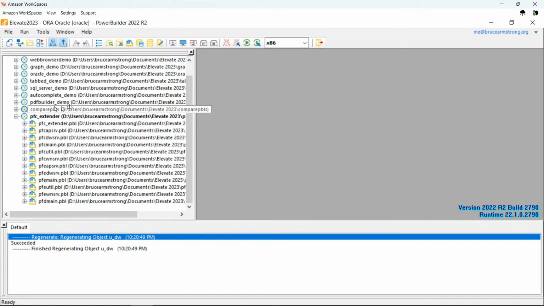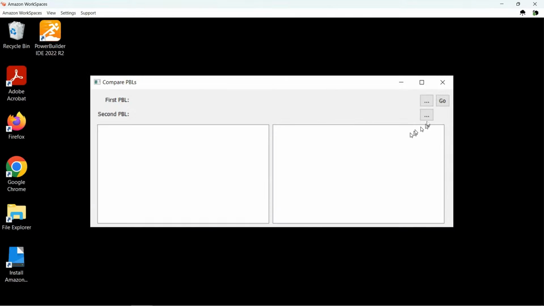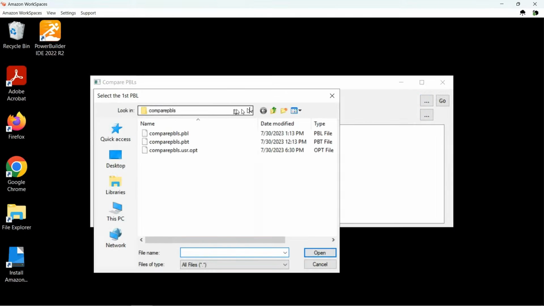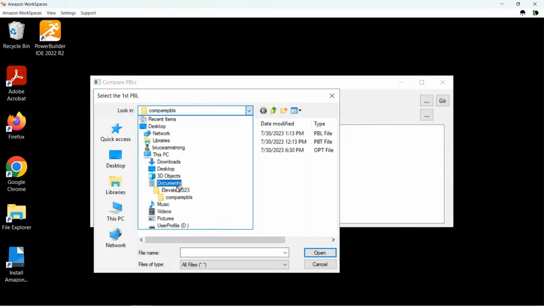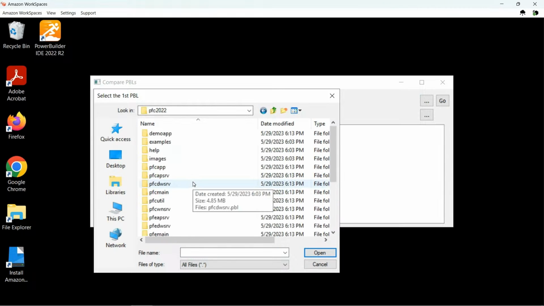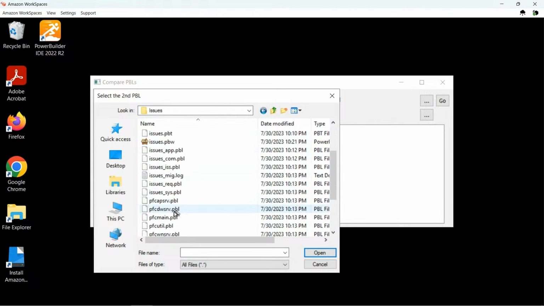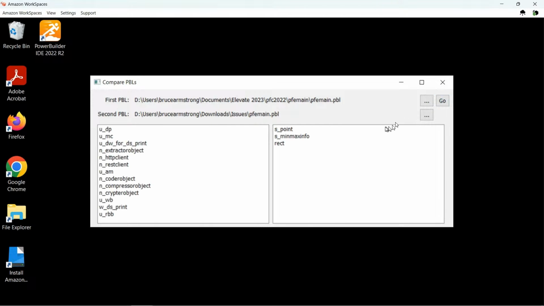And what I actually did is I wrote a little utility here. This one, Compare PBLs, which will go in. This is if you didn't have ProDiff, you could just use something like this. So I am going to look at this is the PFC 2022, and I'll look at PFE main, and then I'm going to go to this app that I've just migrated and look at its PFE main just to see, okay, what are the differences? And say go, and so